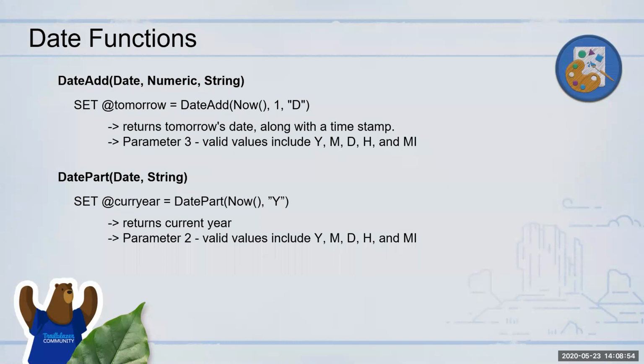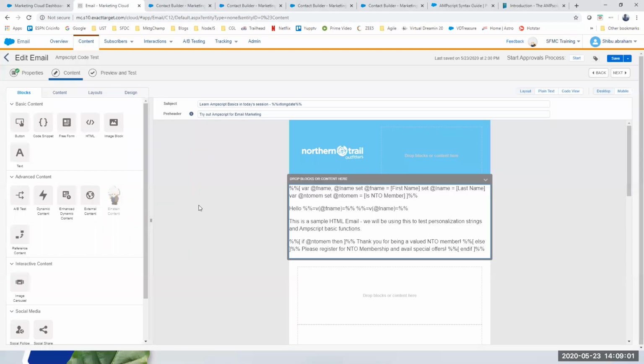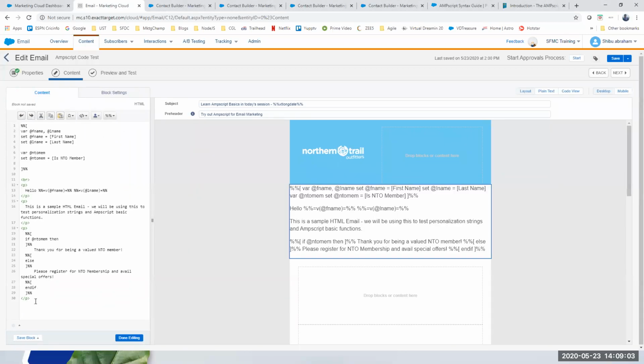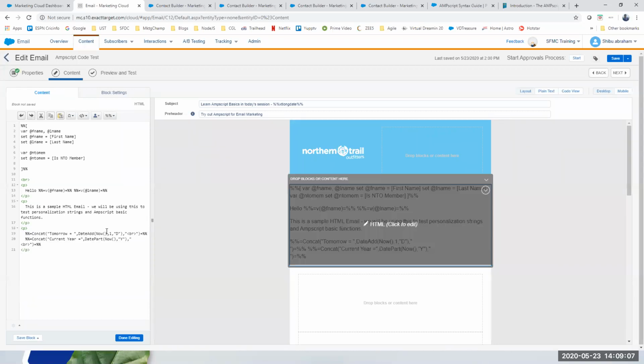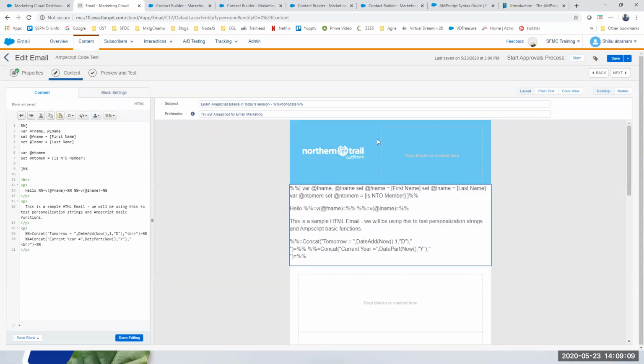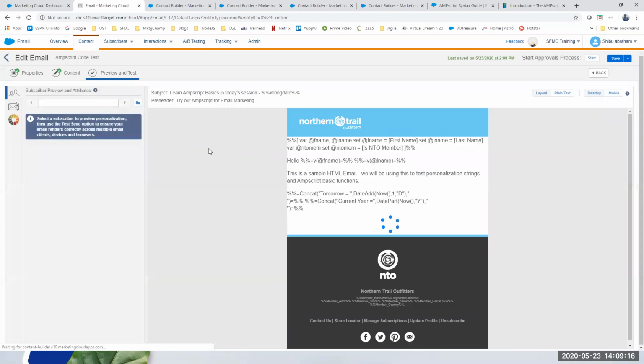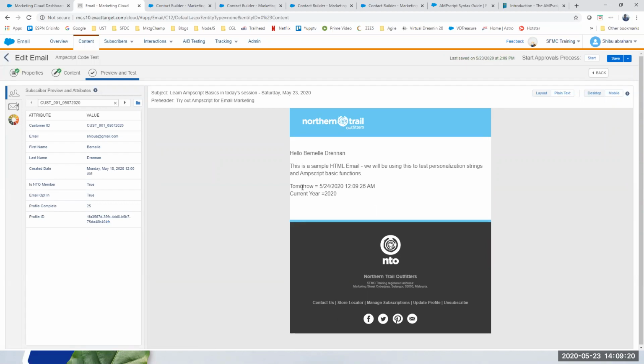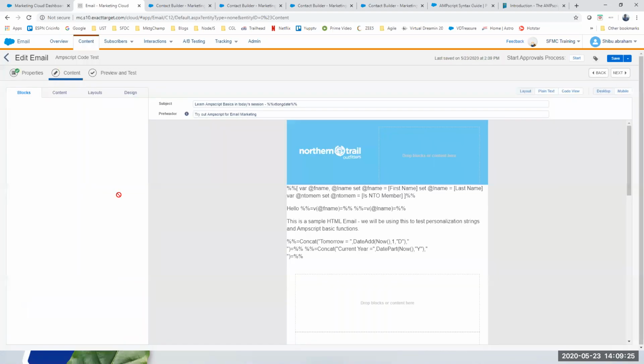So let me try and see if I can show you a sample of this. The good part of AMPscript is that if you have access to your email like this, you can simply type it over here, preview it and learn. You don't have to really send out an email. It's all about going and trying out different functions and seeing what they return. As you can see, the first one where I had added one day. Let me go back and show you the function first.